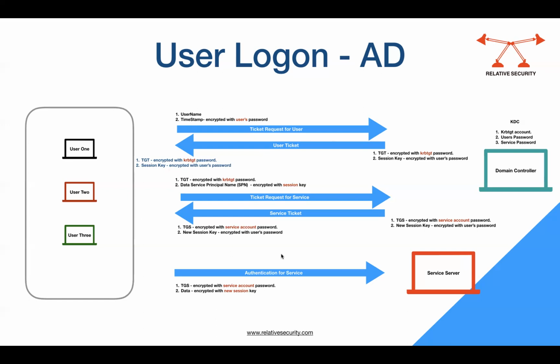Now, when this TGS reaches the service server, which is encrypted by the service account, it will be decrypted using the service account. So the service server can be sure that the TGS is valid because it has been encrypted with its service account. And when it decrypts, it will get the new session key from inside the TGS. Now the service server is going to decrypt the data using the new session key. If the data gets decrypted, that means the user that is sending the data is a validated user by the